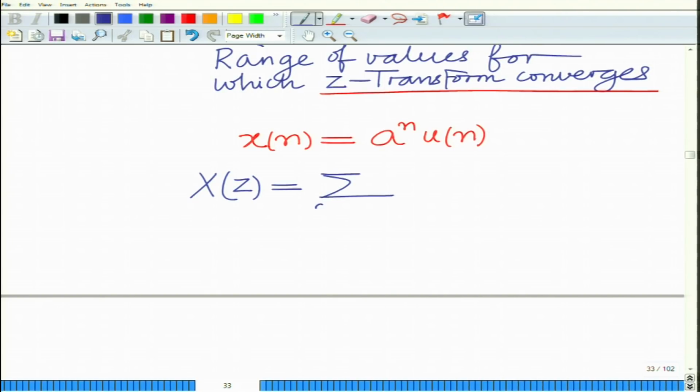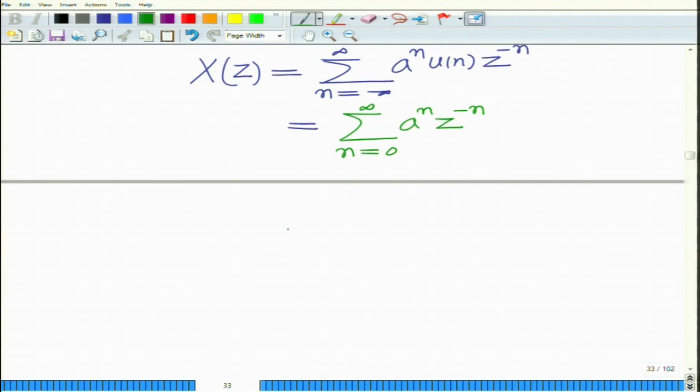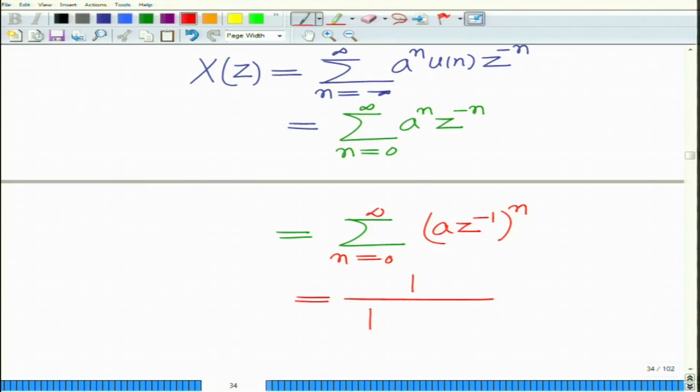equals summation n equals minus infinity to infinity a raised to n u[n] z raised to minus n, where u[n] is non-zero only for n greater than or equal to 0, and this therefore equals summation n equals 0 to infinity a raised to n z raised to the power of minus n, which is summation n equals 0 to infinity (a z inverse) raised to the power of n, which is basically 1 over 1 minus a z inverse,